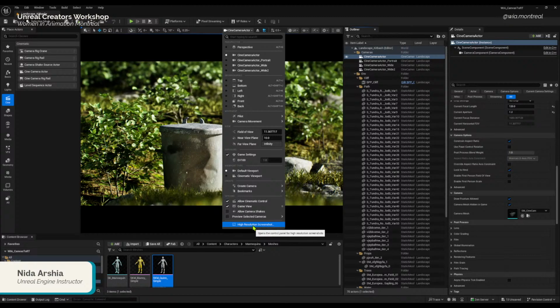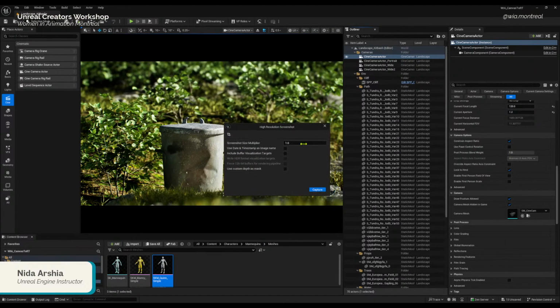We're going to come down to this option which says high resolution screenshot. It has some settings, screenshot size multipliers, so it's just going to increase the resolution of this image.